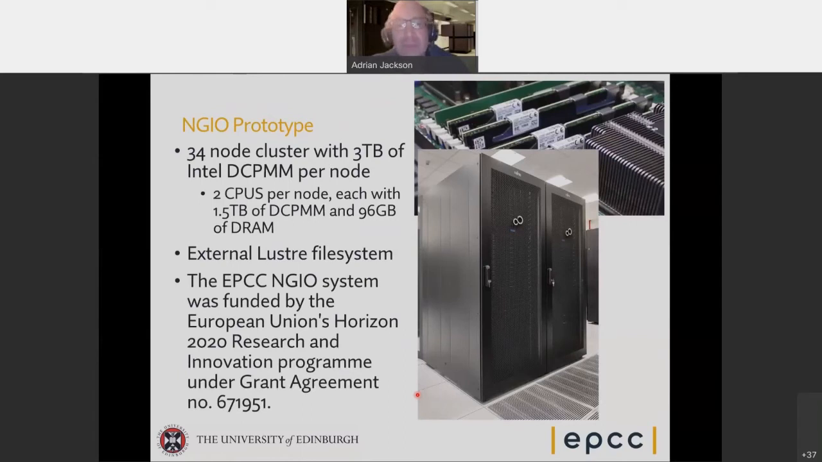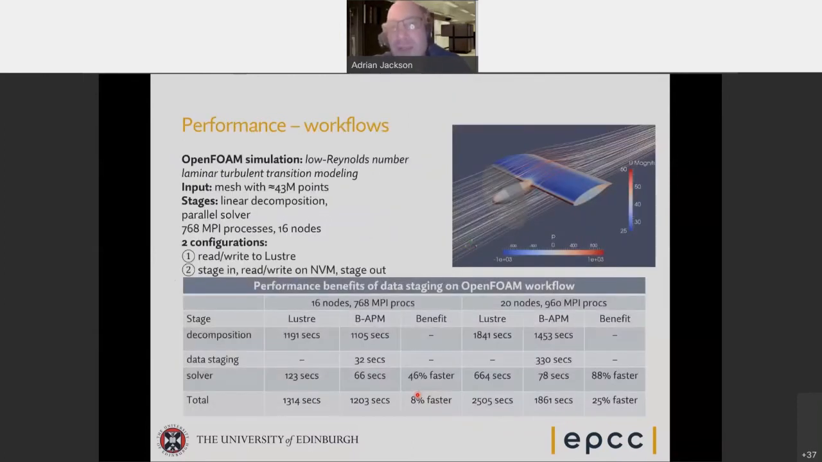So coming out of that previous Next-Gen I/O project, we have the system where we have large amounts of storage, actually 3 terabytes of this storage in the node. And we have 34 of these nodes, so we have about 100 terabytes of this storage, and an external Lustre file system. And we've done work in the past to see how we can utilize that to get good performance